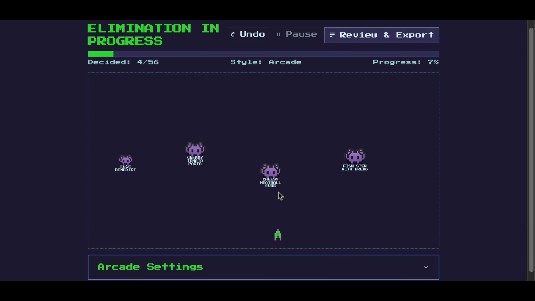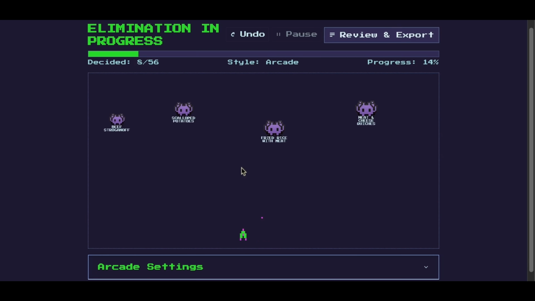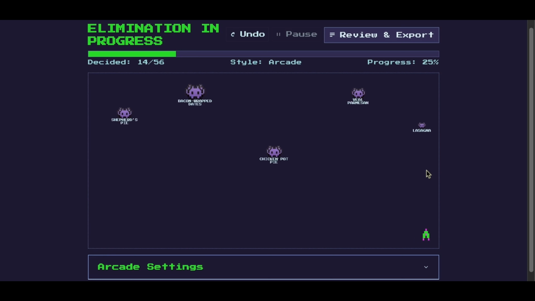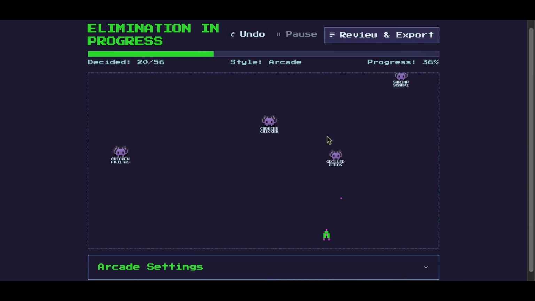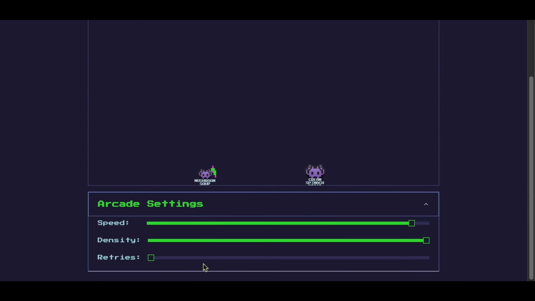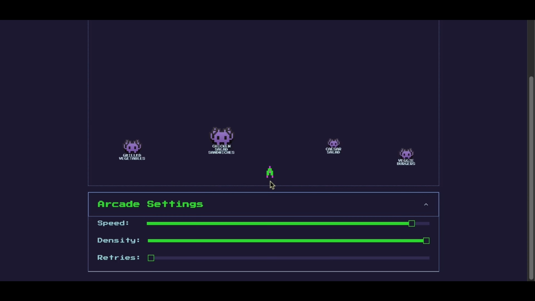And so as each of these things are coming through, obviously now it's a lot faster, I can shoot the things that I want. Okay, I like these, I like that one, I like these two, maybe this one, right? And then anything that I don't like, I just let it go to the bottom of the screen. And that's what this retries setting down here does. It allows me to prevent it from making a decision based on a single drop down to the bottom of the screen. If I increase this,